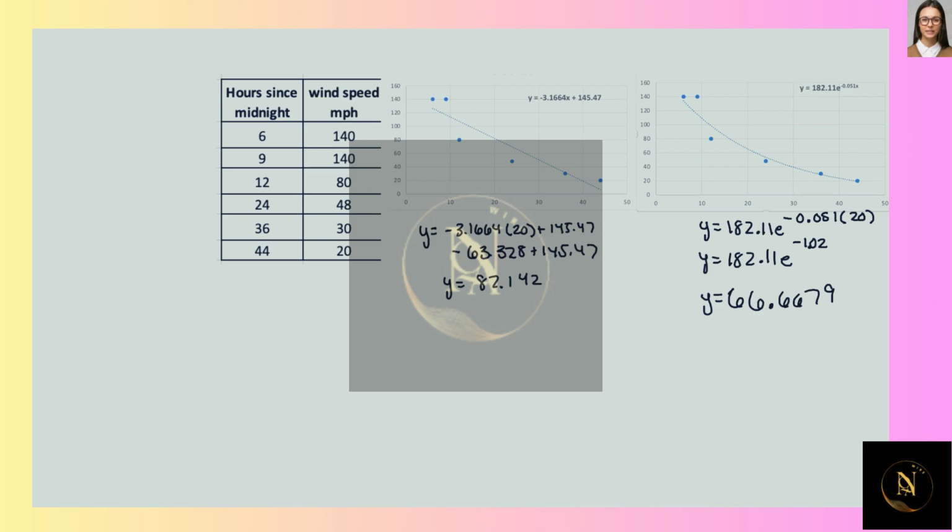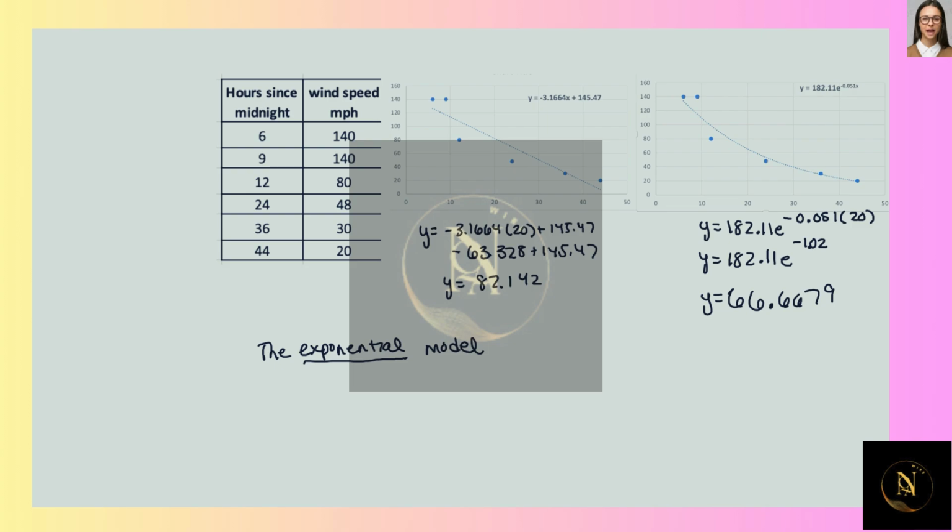And as you can see, for 20 hours, my exponential would be better because 66.6679 is between 80 and 48, while 82.142 is between 12 hours and 9 hours. So the exponential model